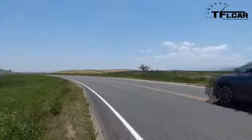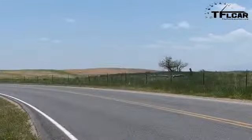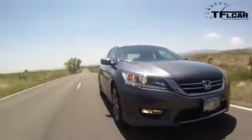Yeah, I've driven almost every type of Accord, and this one is one of my favorites because it's a little playful, which is kind of weird for Honda. They're really somber about what they do. You know, I just recently drove the Crosstour, which is exactly the opposite of this car. It sits higher, it's got a big V6, it's heavier, so around corners it doesn't quite have the spunky character